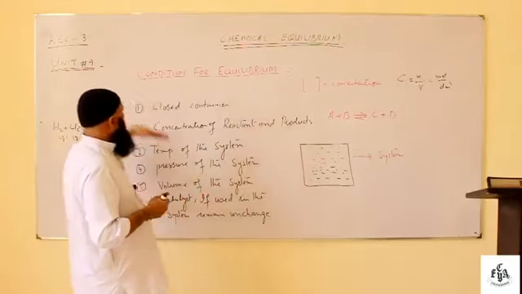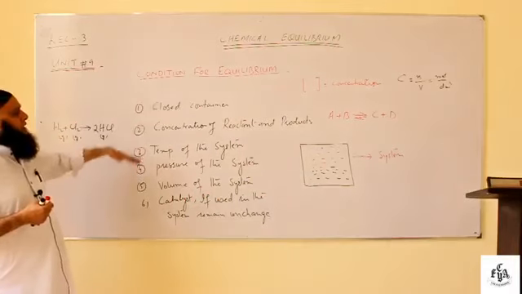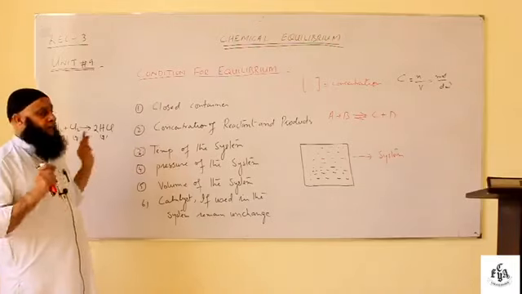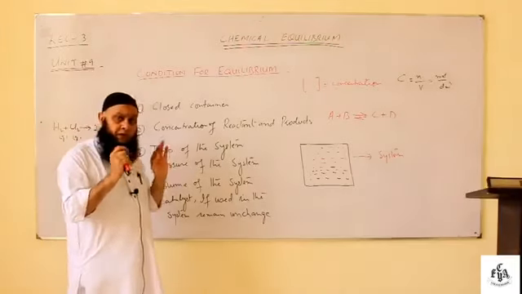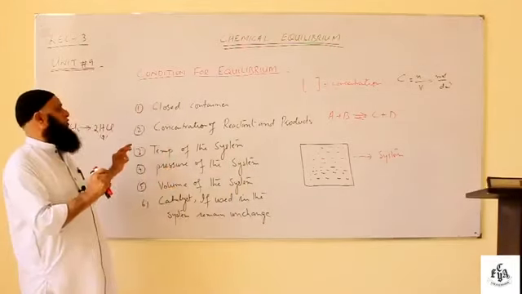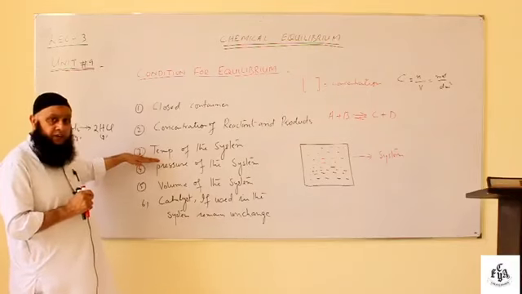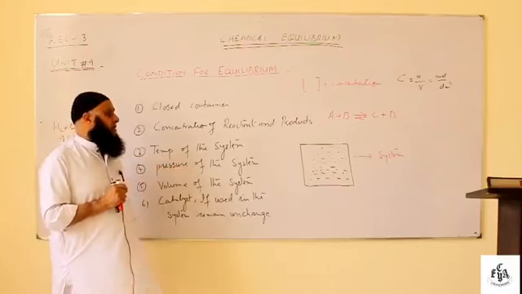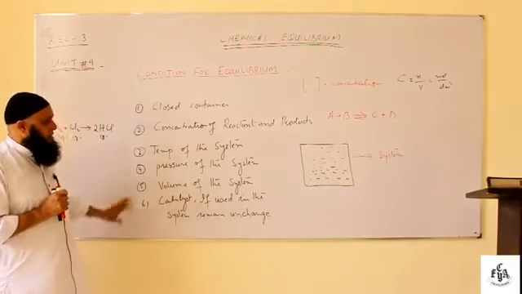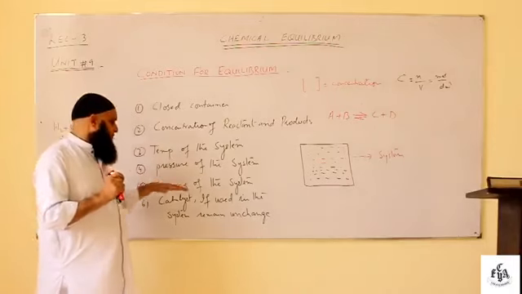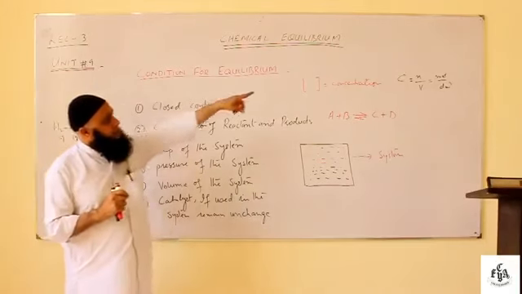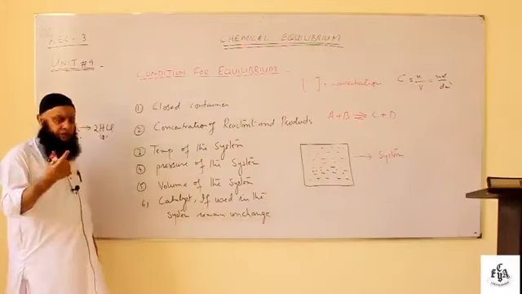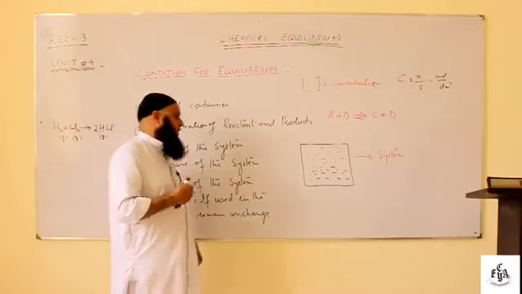So again, there are some conditions to attain equilibrium. Number 1, the container must be closed. The amount of reactant and product concentration must be known, or a specific concentration is needed. A specific temperature is needed for chemical equilibrium. A specific pressure is needed for chemical equilibrium. Similarly, a given amount of chemical reaction is required. As I told you, C is equal to n over V, and a catalyst, if used, is also needed for chemical equilibrium.